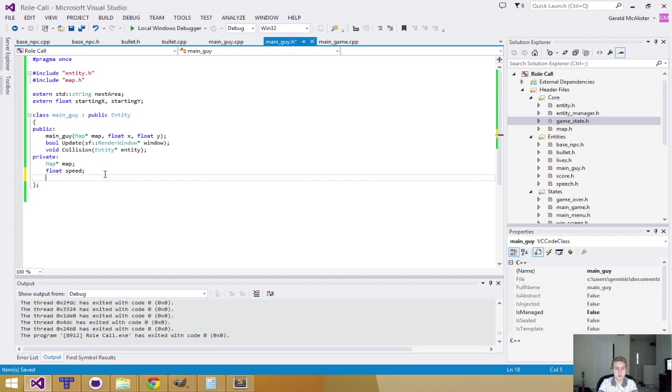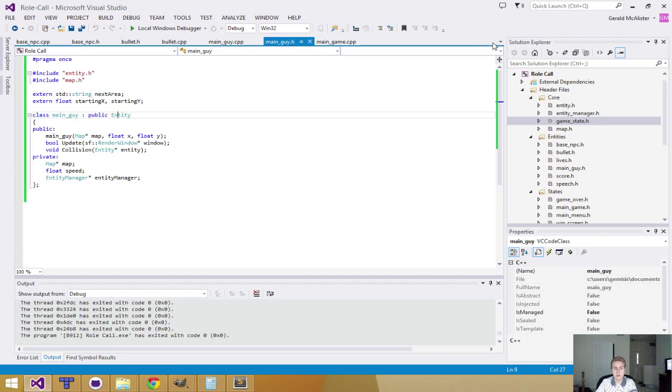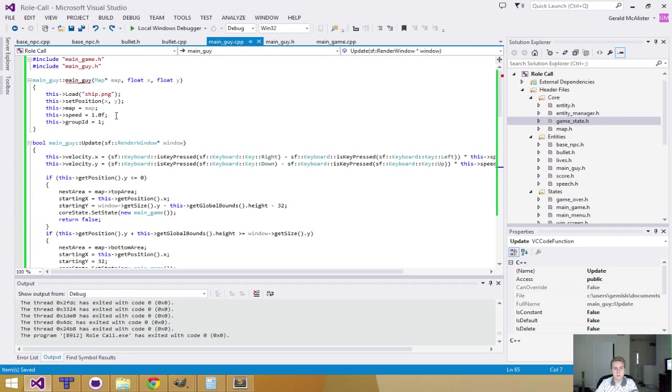We're going to make sure that the character can see the entity manager. And I can't remember if the entities can already see it, but they cannot. So, take that, and then up here,